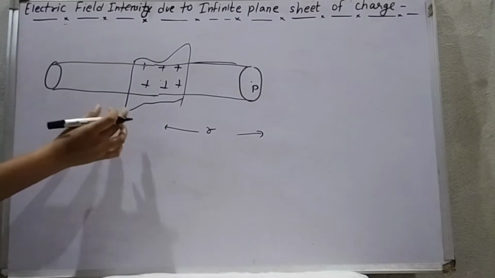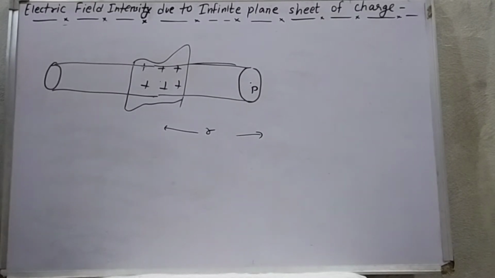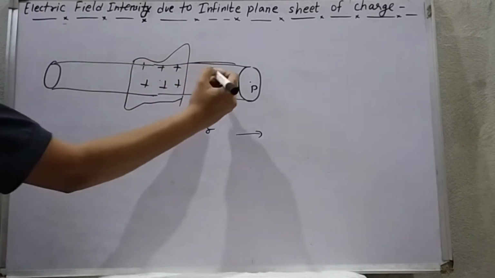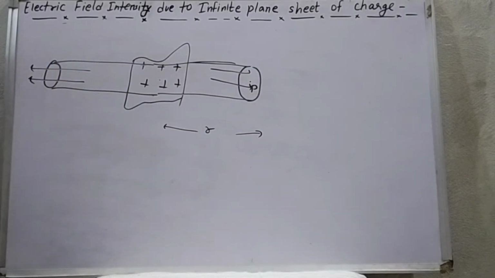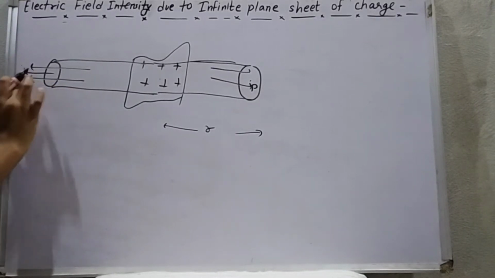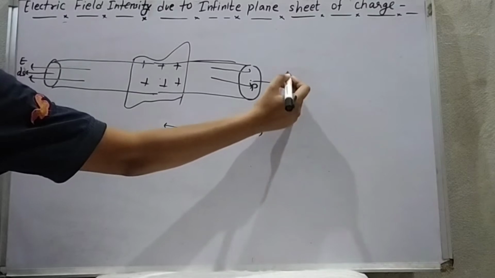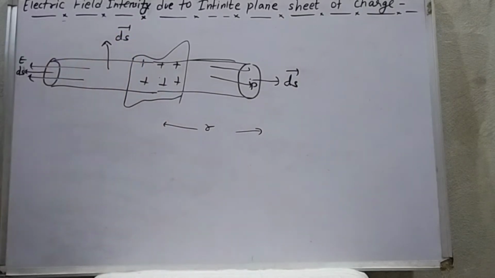And the third point is that the electric field must be either parallel to the area vector or perpendicular to the area vector. Okay, either the electric field should be parallel to the area vector or perpendicular to it. These are the must conditions. Now the electric field at this point will be outward here in this direction. Now we need to take the area vector. The area vector at this point will be outward since it is perpendicular to the surface. Now at this point it is also outward, perpendicular to the surface, and at this point it will be upward, perpendicular to the surface.